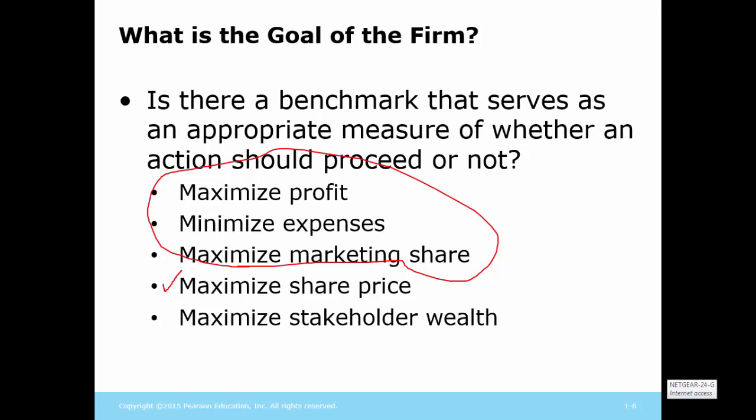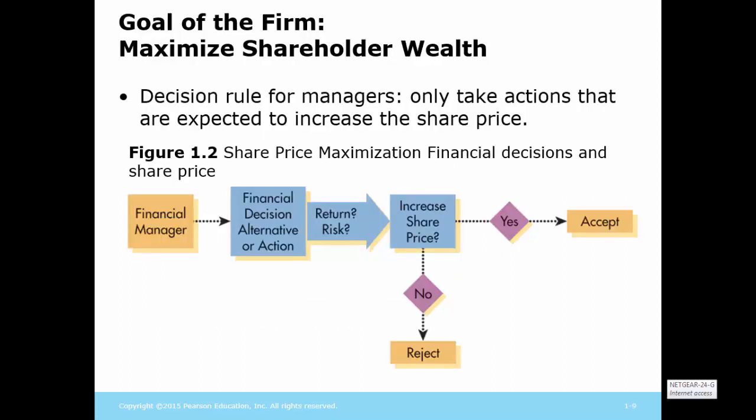Now, the next line item also is quite relevant for the company, especially when we think of the ethics that absolutely have to be a part of our decision making. We would like to maximize stakeholder wealth. So we want to increase the wealth, if we can, of those stakeholders. And at least from an ethical perspective, we don't want to do anything that would detract from their wealth. So we'll talk about this a little bit in class because it deserves a little more attention than just discussing this with respect to a benchmark.